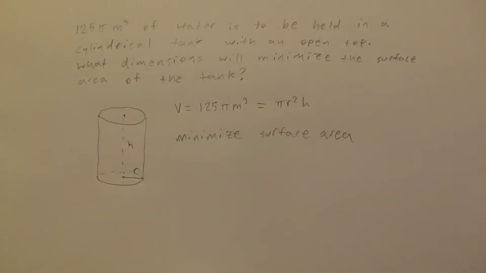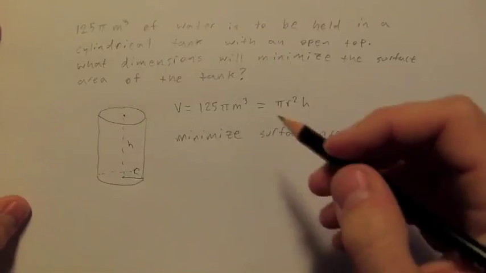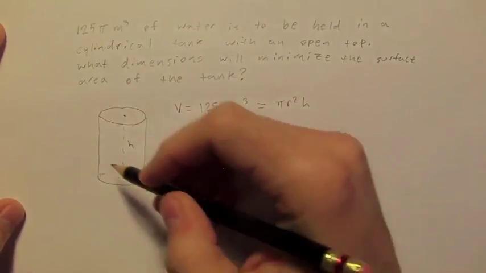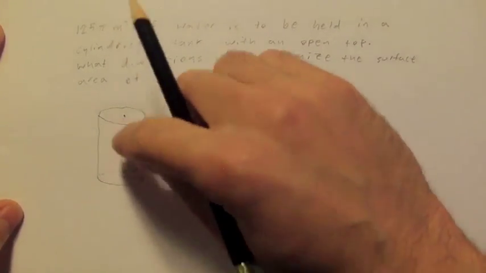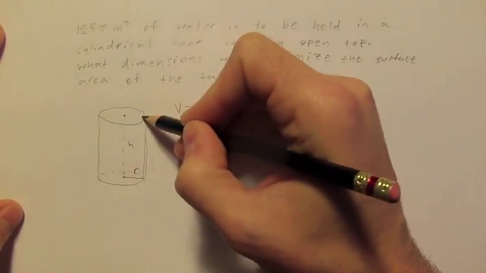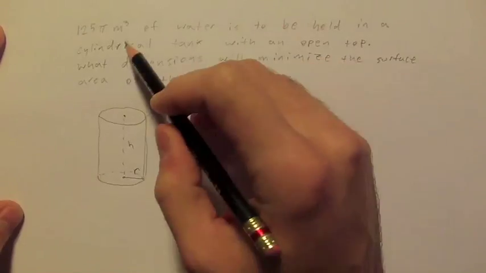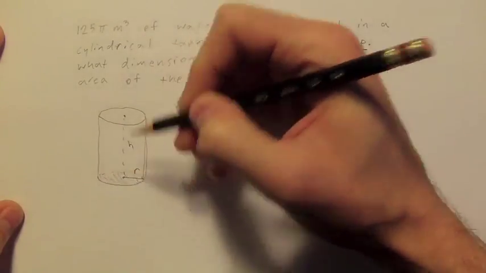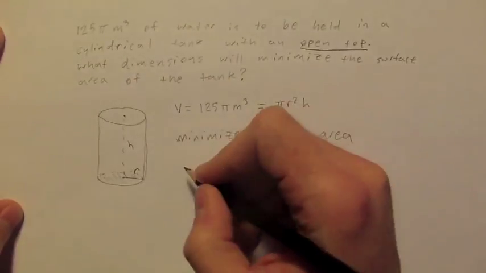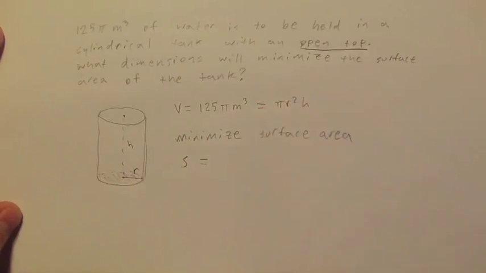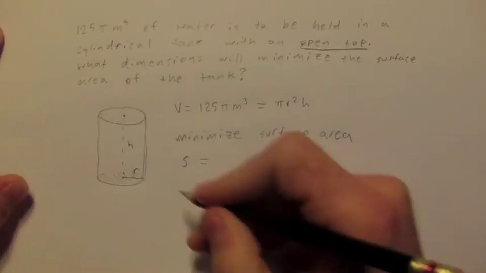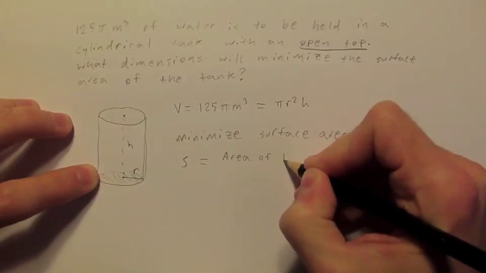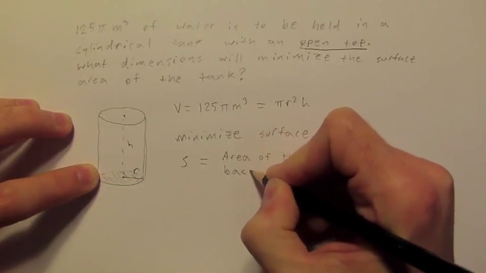Okay, so surface area. Well, the surface area, that's a formula a lot of people forget, but basically this object is made up of two things. We have two circles and a rectangle that goes all the way around. Okay. Now, we're told that we have an open top. So we have this circle, but we don't have the top circle. So the surface area, which I will call S, some people call it A, but I'm just going to call it S for surface area. It's going to be the area of the base circle,